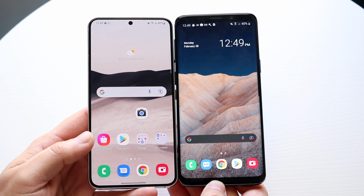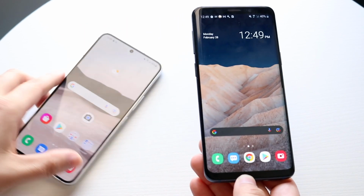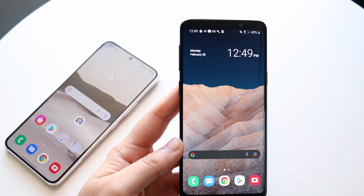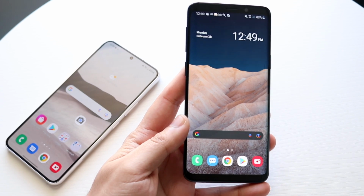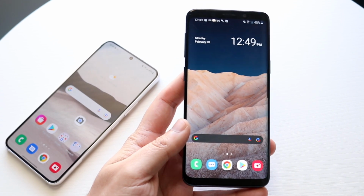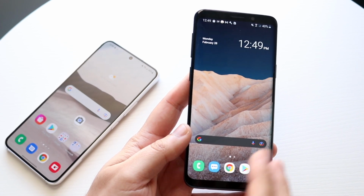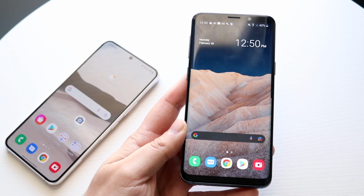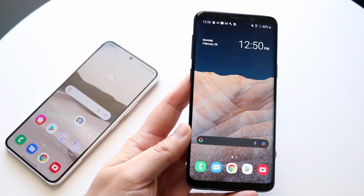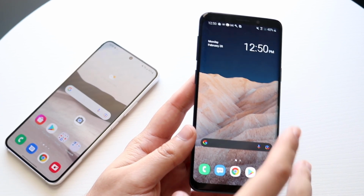Now, side by side, there are some differences between both of these panels, as you can kind of tell. The Samsung Galaxy S9, at least on the front, has a 5.8-inch Super AMOLED display, and it's not a bad panel. It's actually pretty good. It actually has a higher resolution than the Galaxy S22. It looks pretty good. You have a little bit of bezel at the bottom and the top, but back in 2018 when this phone came out, this was still a really current design. This thing, even now, doesn't look super outdated, but it definitely doesn't look as good as something like the Galaxy